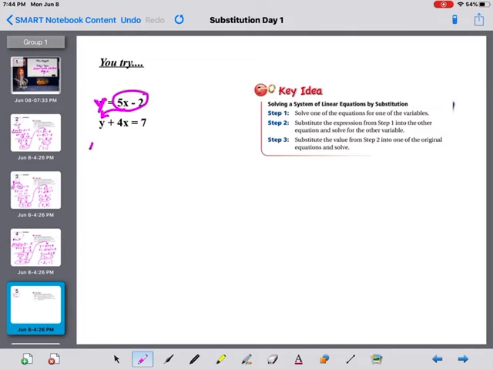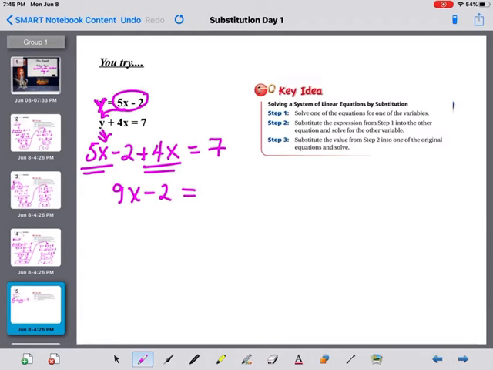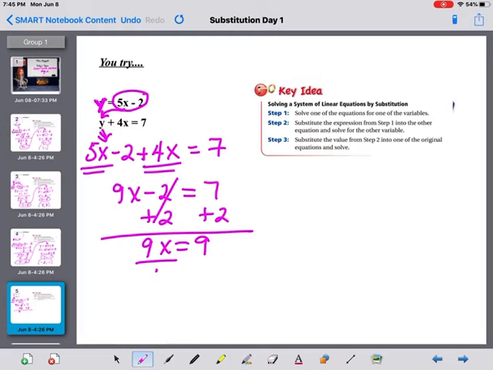All right, so in this problem, we again are taking that 5x minus 2, and I'm putting that in place of the y in the bottom equation, but I do need to recopy the rest of what was in that equation. So I have plus 4x is equal to 7. We're going to combine our 5x and 4x to get 9x. So we have 9x minus 2 is equal to 7. And then solving for x, I'm going to add 2 on both sides, divide by 9, and I get